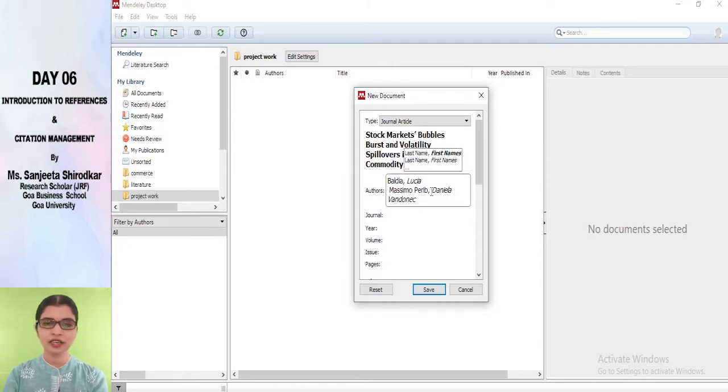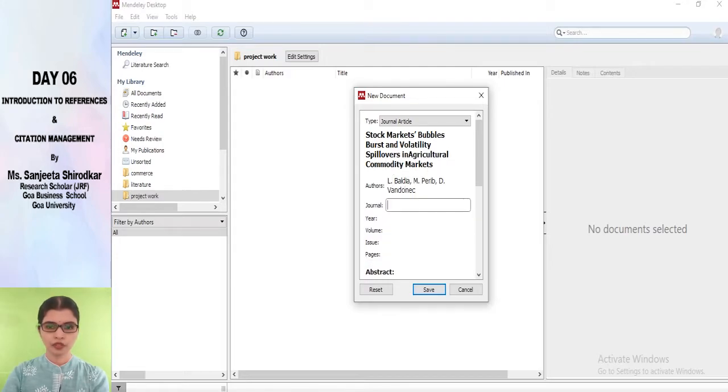You would see that the arrangement of the author name has changed. Again I'm showing you, just delete this comma and press enter. Mendeley has arranged the name of the author in the required order. And for the last one, press enter again. So all these three authors have been entered, with their names organized in a proper fashion.